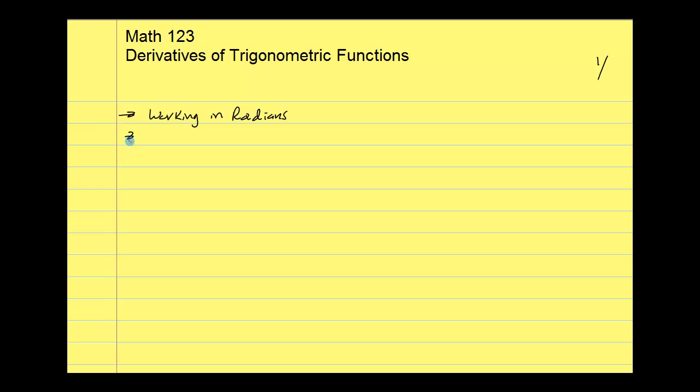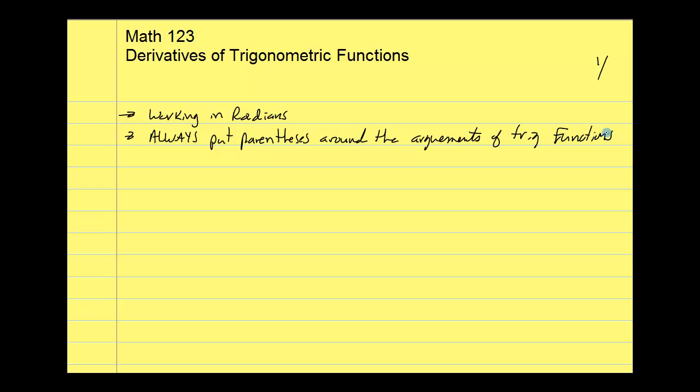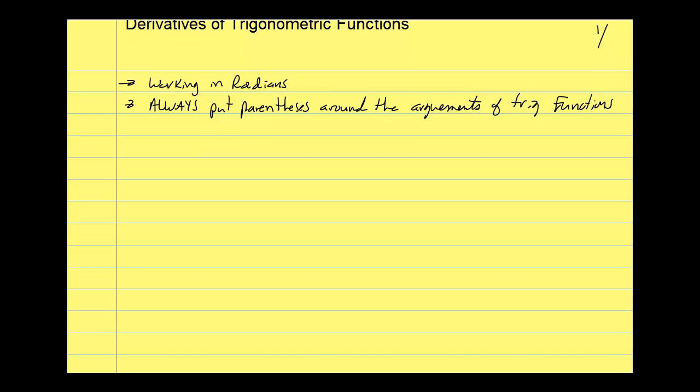Another thing that I'm a real stickler about and I'm going to be looking for all the time is that you should always put parentheses around the arguments of your trig functions. You should always spell parentheses correctly. Now, in this particular section, it's not going to matter a whole heck of a lot because our arguments are just x, but it will matter a lot once we learn the chain rule and we apply it to trigonometric